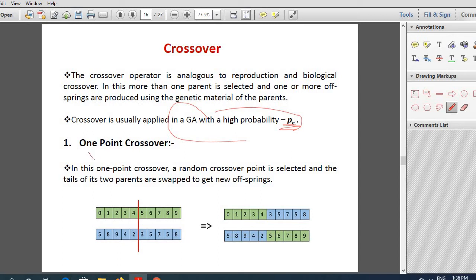First we'll go to 1 point crossover. Here you have two individuals, this is individual 1 and this is individual 2. You select two chromosomes or two individuals or two possible solutions to a problem. You select a point like this and interchange the contents of the chromosomes. Look here, this content went here, this content came here. So these two are the new offsprings, which are different from the parents, okay?